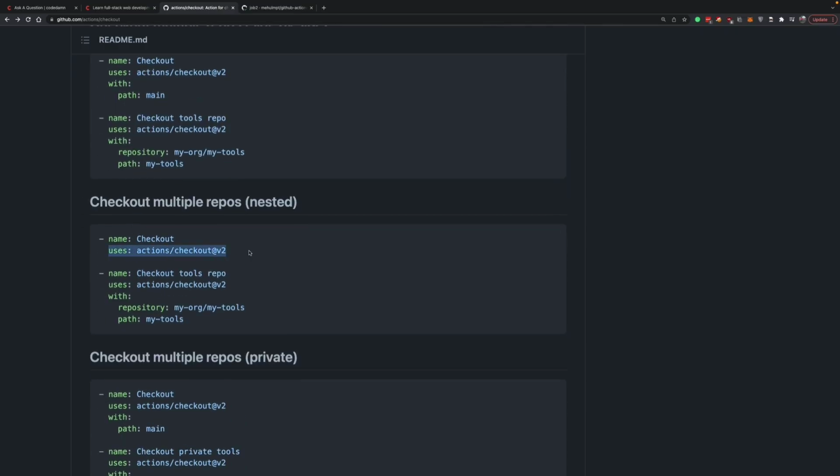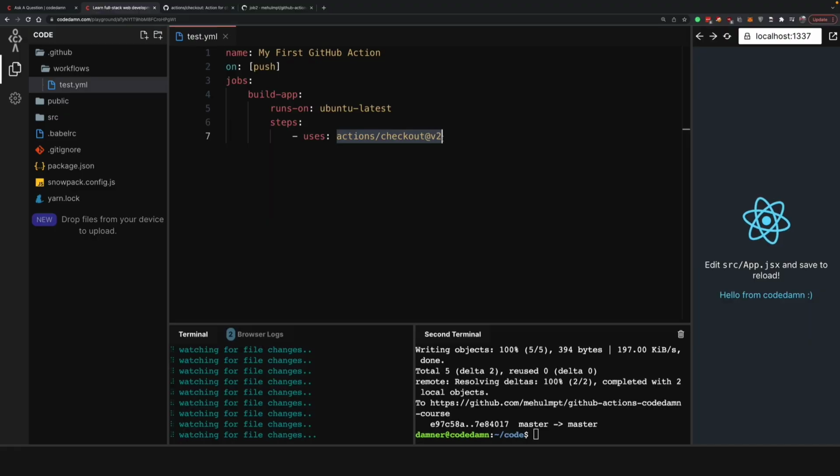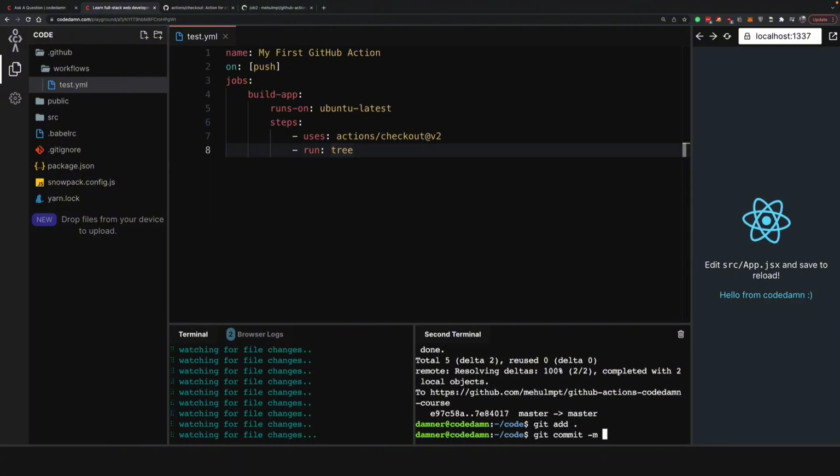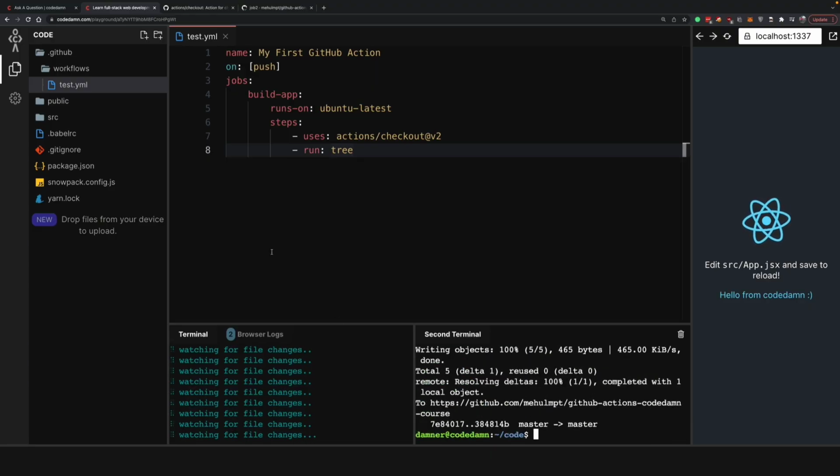But the moment you specify this action, what it will do without any customization is that it will clone the currently running directory, right? So if I go back, and right here in the next step, I do something like run, and I say, let's say something like ls, for example, or not ls, let's run tree, right? Because tree would show you pretty much all the output which a particular directory has. This is a bash command, right? Nothing GitHub or nothing fancy like that. So if I go ahead and run this now, new action, and if I push this to master, you're going to see that when this action gets deployed and when this action starts running,